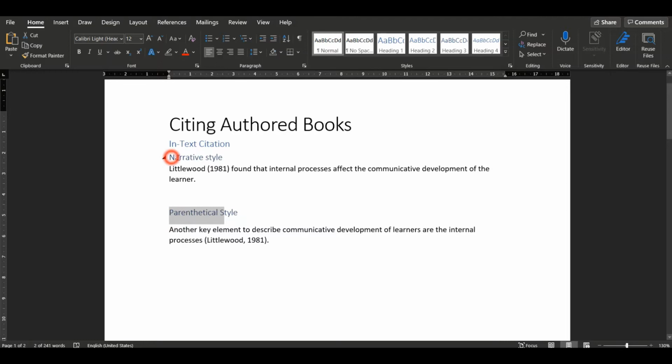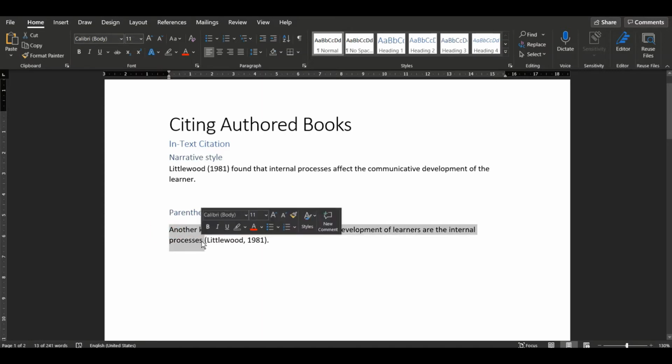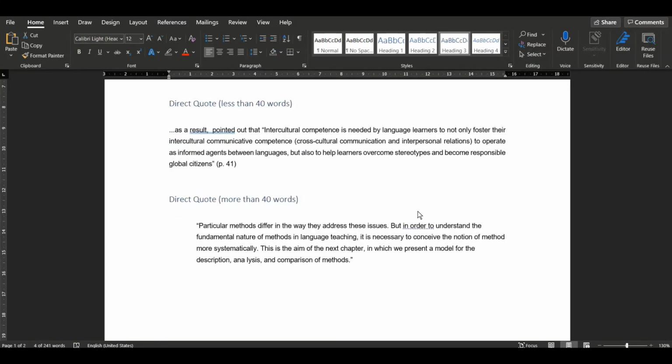We can have narrative style in which the author is part of the sentence, is part of the idea, or we want to give more emphasis to the author. And we can have a parenthetical style in which the key aspect is not the author but the quote, the text, the idea itself. Bearing in mind that we can have direct quotation, and also be aware that